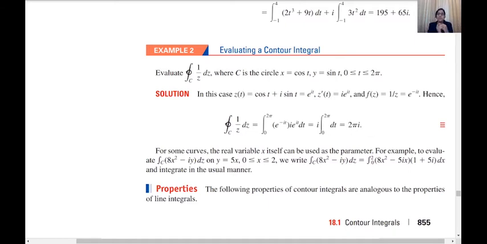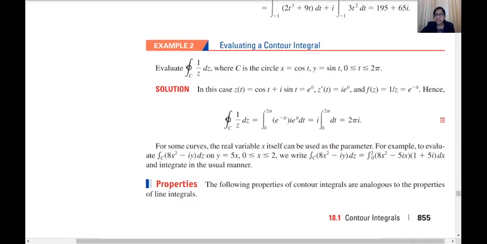So we have seen two cases. In one, we can apply z of t is equal to whatever variable is given to us, that is, x and y will be given to us, so we just have to write z of t in the form x of t plus i y of t. And the other is not always possible, it is only possible if z of t is of the form cos t plus i sin t, or some multiple of this, then only we can write it as e raised to it, which will make our calculations easier. So this is another way we can do it. You can solve this by cos t plus i sin t itself, but it will make the calculations more difficult.